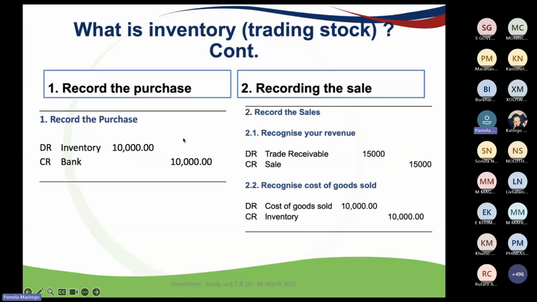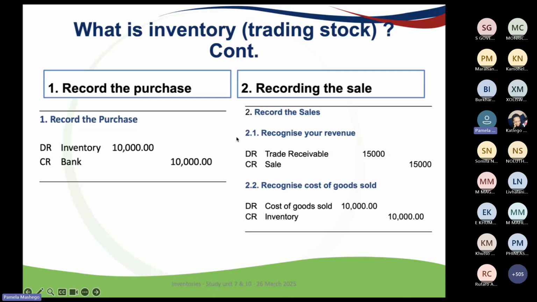So that is the income for you. And you know that income increases on the credit side. So then you credit the sales account with 15,000, which is the selling price. So what happened now is that the battery that you bought from the manufacturer, you sold it now to your